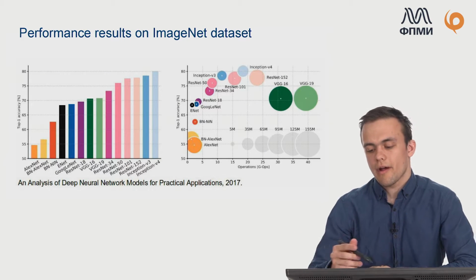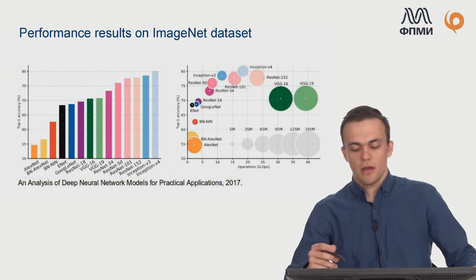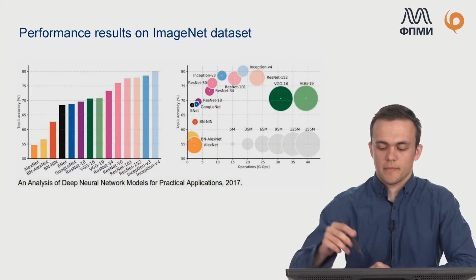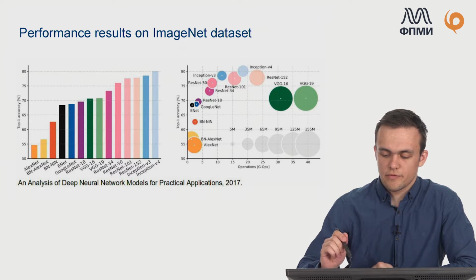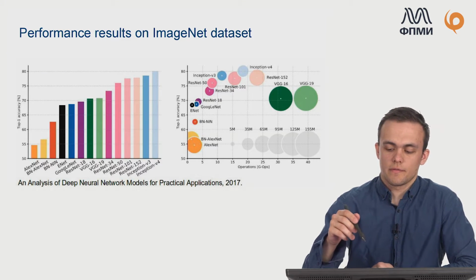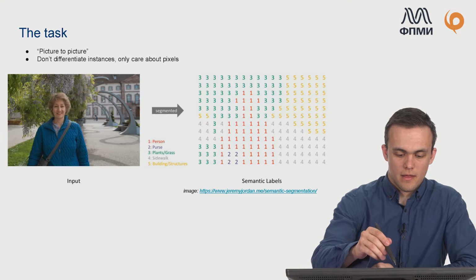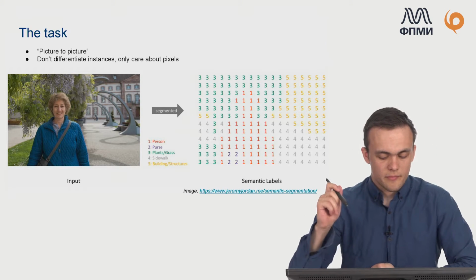Here you can see the graph of various performance of different models. This is AlexNet, which was the first, and here are different ResNet models. Okay, so let's just